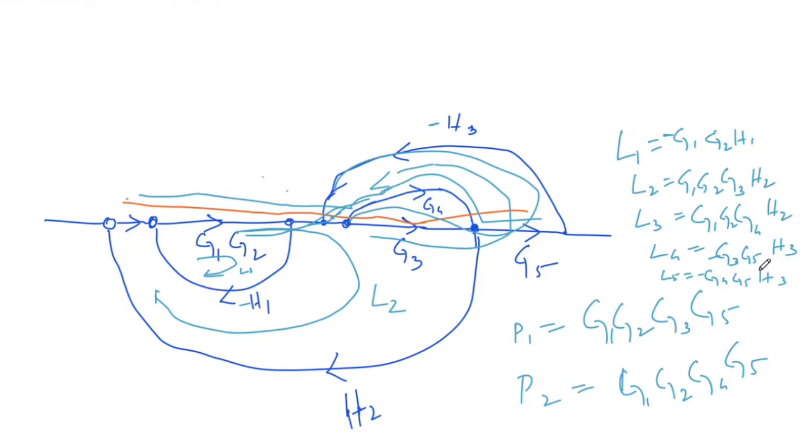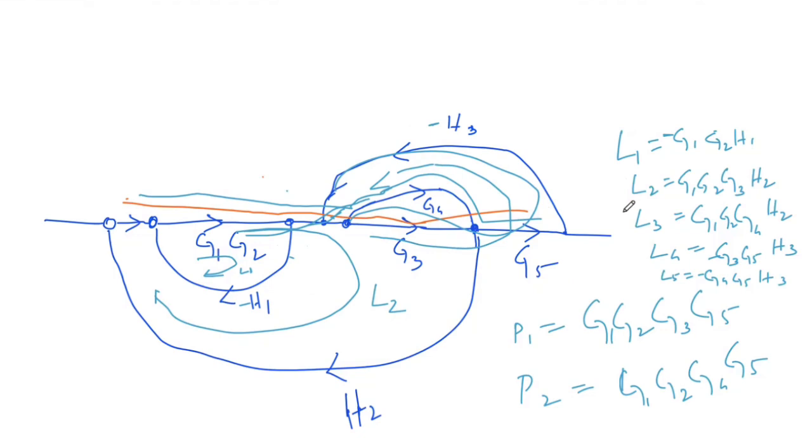Over? No, one more. L1, L2, L3, then L4, L5. Any other loop? No, sir. Okay. Now, in these loops which are not touching each other, so this L1 and L2